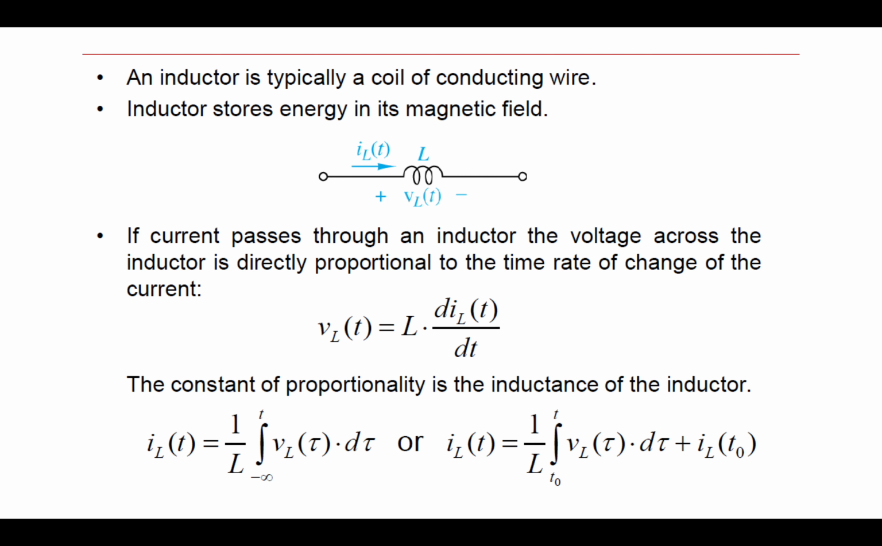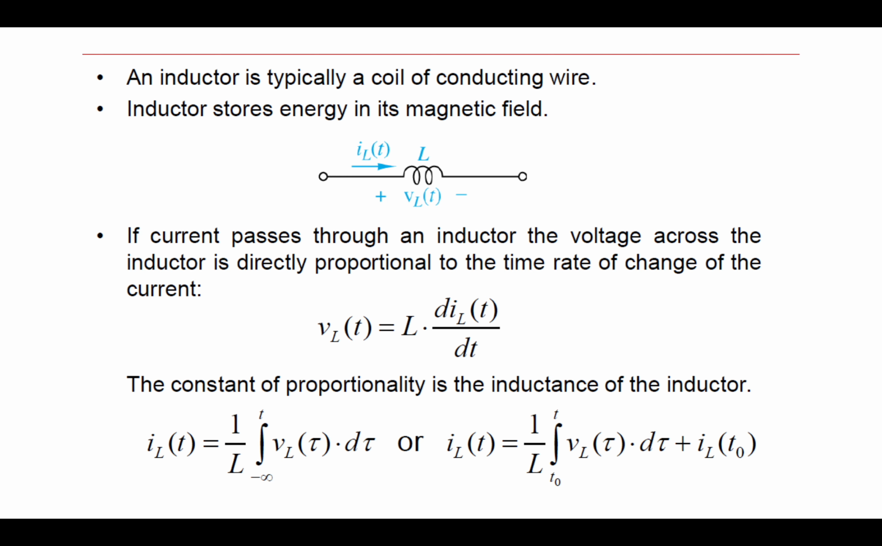The inductor is typically a coil of conducting wires, and it stores energy in its magnetic field. The capacitor stores the energy in electric field, and the inductor stores energy in the magnetic field. And the resistor cannot store energy, it consumes energy. So they are different. Remember that